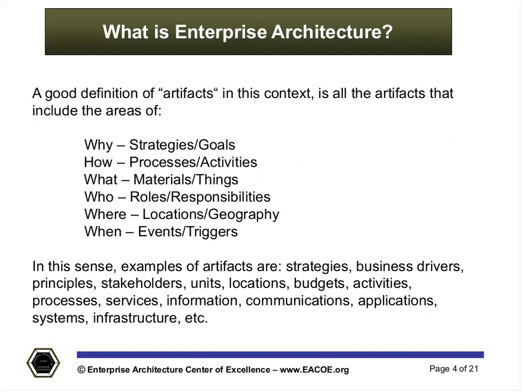Now, what are these artifacts? These artifacts, as you see here on page 4, quite simply, have been around since recorded history, since people had started writing things down. It's what, how, where, who, when, and why. Now, these are referred to essentially as the interrogatives in the physical world. And in our world, whys are strategies and goals, how are processes and activities, what's are materials and things, and the other phrase that you may see there in white font is the word data.